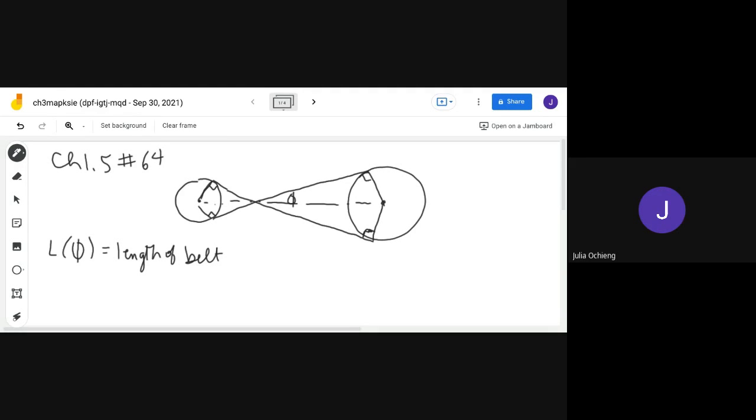So this is an explanation of how to find the length of belt as a function of phi. So I think this is the Greek letter phi. Okay, so